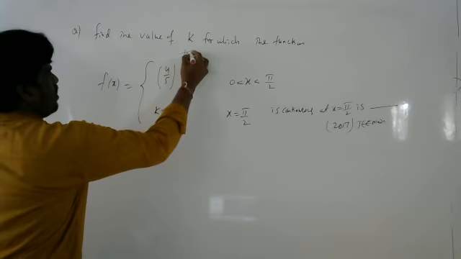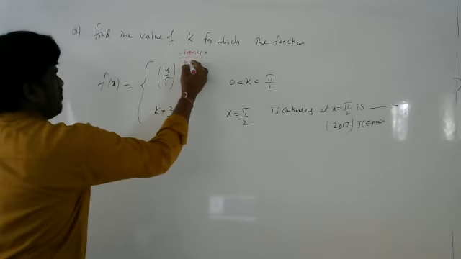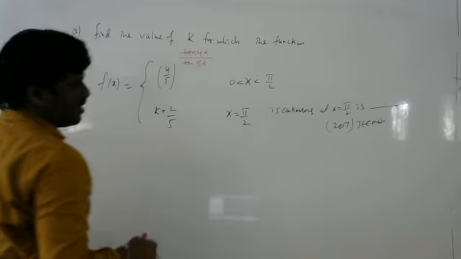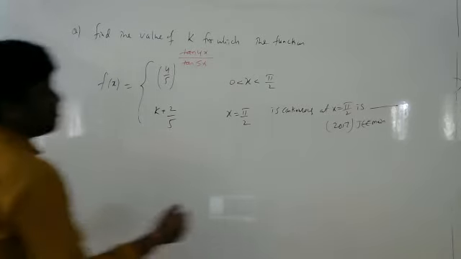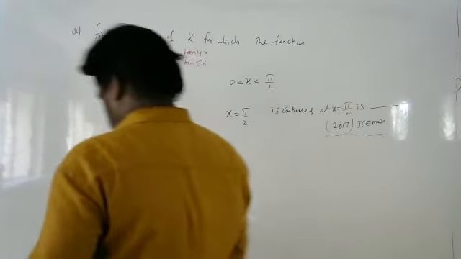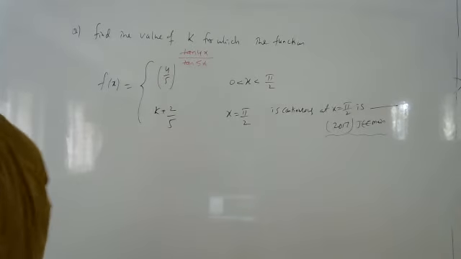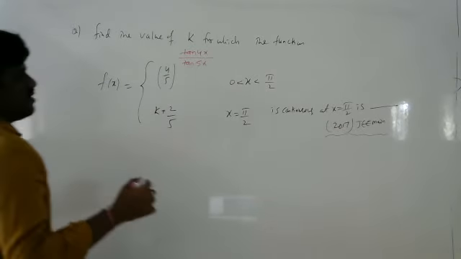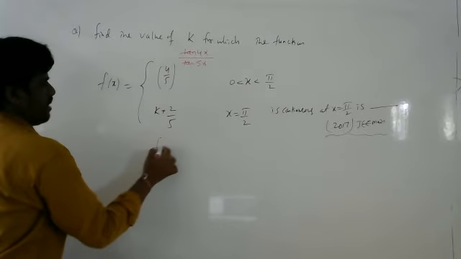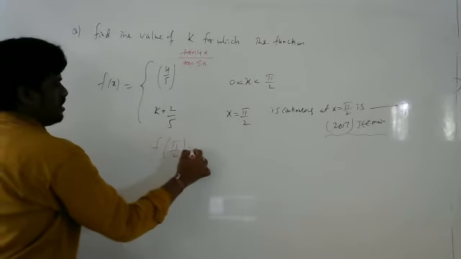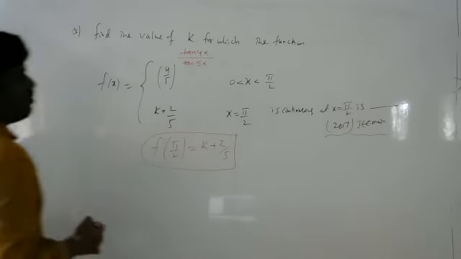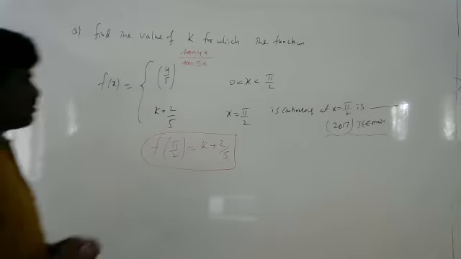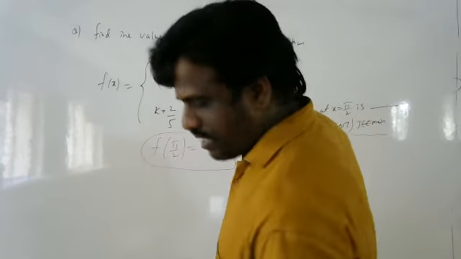This is given, tan 4x upon tan 5x. All concepts in continuity are over, and I covered the maximum important questions also. Let's solve this JEE Mains 2017 question. Now let's see how to solve. When f of pi by 2 is the answer, they have given it as k plus 2 by 5. Now what do I have to find? Limit.